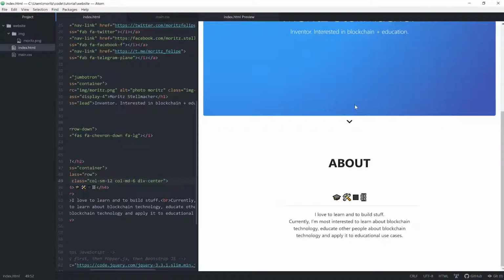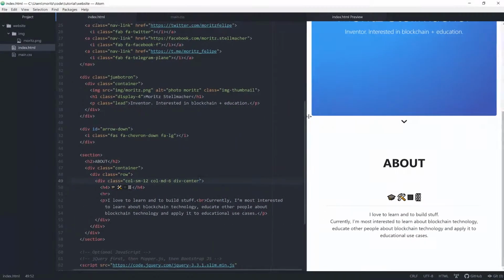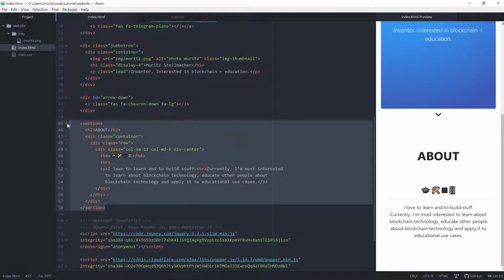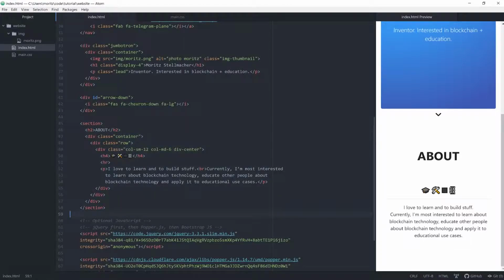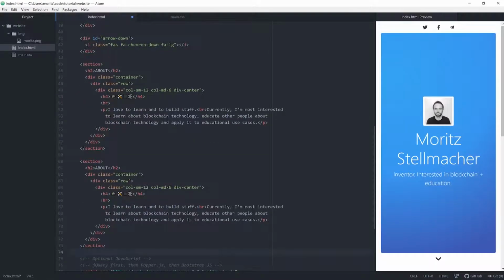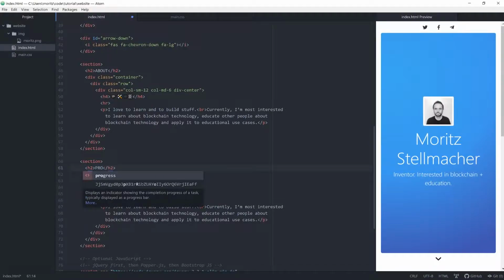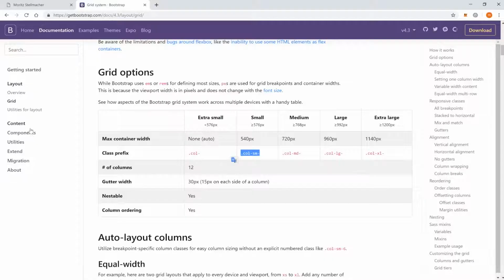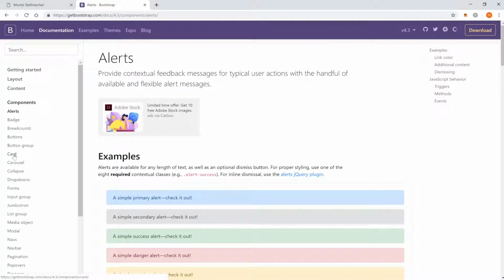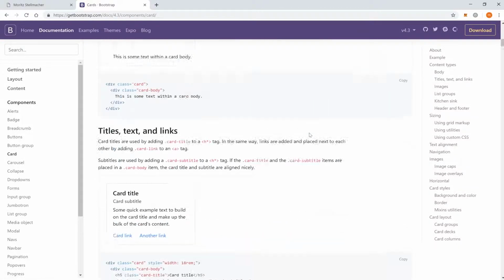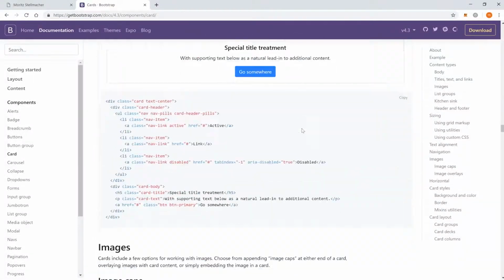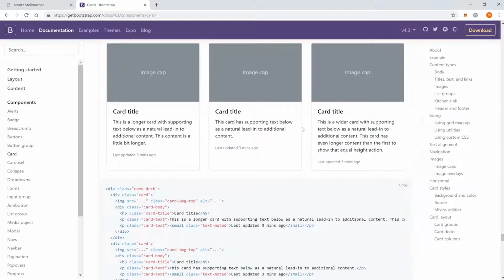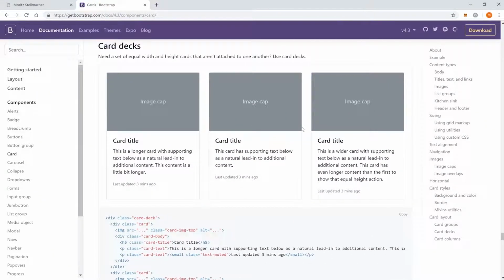Enough talk about ourselves. Now let's show what we have done. Let's copy the section before so we have something to start with. But this one will be called projects. And we are also going to have some different content. Let's get a new Bootstrap component. I want to use cards. This looks nice, but let's get more of them. Card decks. This is what I want to use. It looks really nice on a big screen.